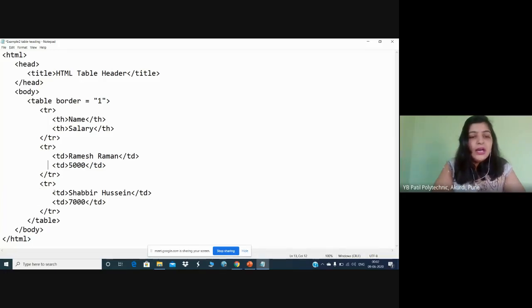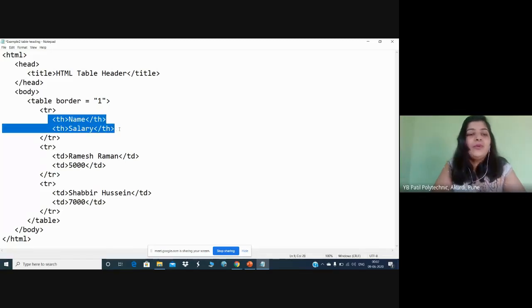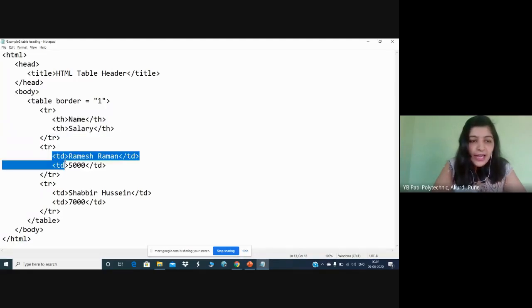In the third row, the next name, that is Shabbir Hussain, should be displayed and his salary should be displayed as 7,000. See here, I have used table head tags, so these names will be displayed in a bold format. And here I am going to add the actual data. So I have used the tag TD inside the TR, that is the row.